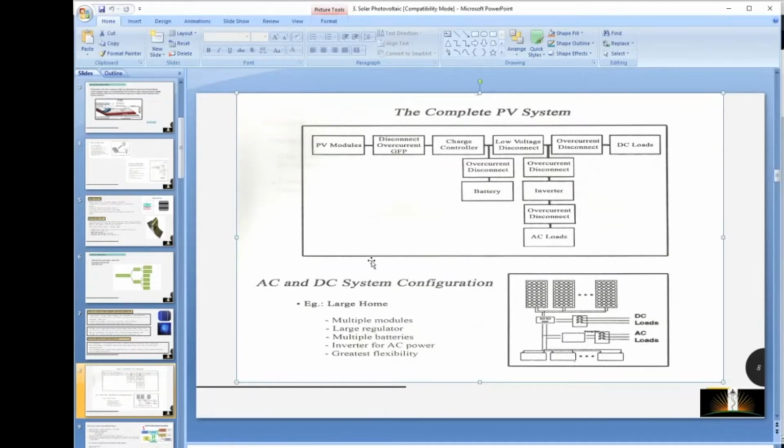Now for the direct part, we can say PV modules, disconnect, charge controller, low voltage disconnect, to DC load. If we are talking about the array, direct is the first row line. Our battery system is the first 3 components followed by the battery line, and your AC, or on-grid, is the first 4 components and the next 4 lines. Through the inverter, it goes to the AC load. You can give it to an AC load, or you can directly connect it to your grid to make it grid-tied. So this is the complete PV system. A combination of all the systems is put here.